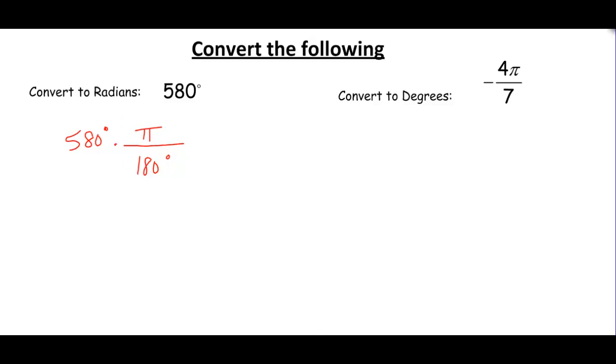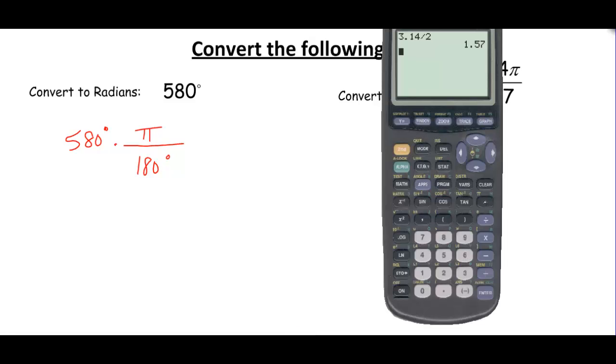So how do you do this? And again, we always want to leave pi in our final answer. So all I'm going to do is, if I leave pi in my answer, I'm really just going to take 580 and divide by 180. I'm just going to deal with the two numbers, because remember, this is a fraction times a fraction, so you multiply the numerators. This is 580 pi over 180. I'm just going to reduce. I don't want to use a decimal, so I'm going to math fraction, and I get a final answer of